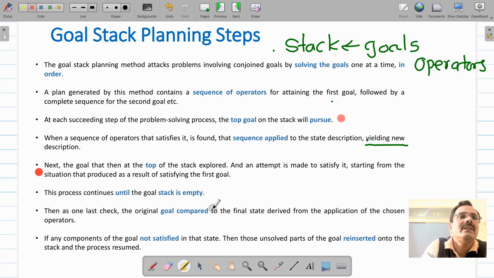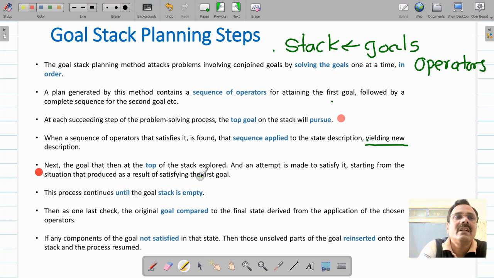So you will have to repeat this process until the stack is empty. At the end, you will have to perform a final check again. You will have to compare the original goal with whatever you have achieved so far, because during this process there might be a case that whatever subgoal you were trying to prove may have become false by application of certain operators to satisfy something else.